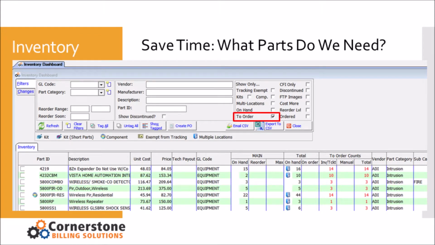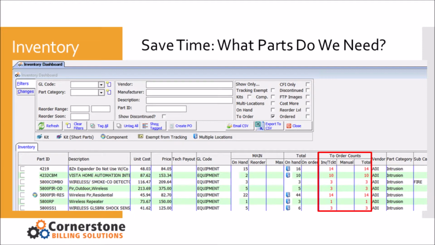So I highlighted the to order where they're either out or they're below their minimum reorder quantity. By just checking that box and refreshing, you can pull up your short list of inventory items that you're underwater on. Either you're out or you don't have enough and you need to reorder.